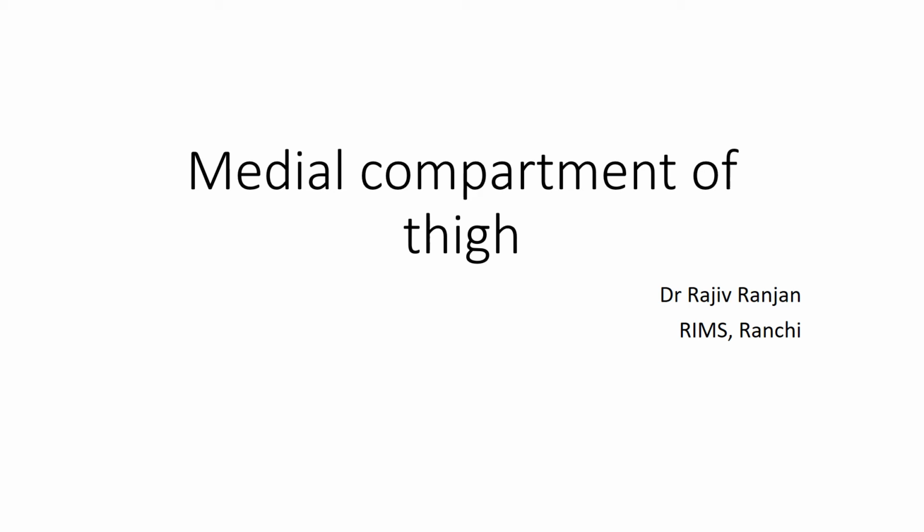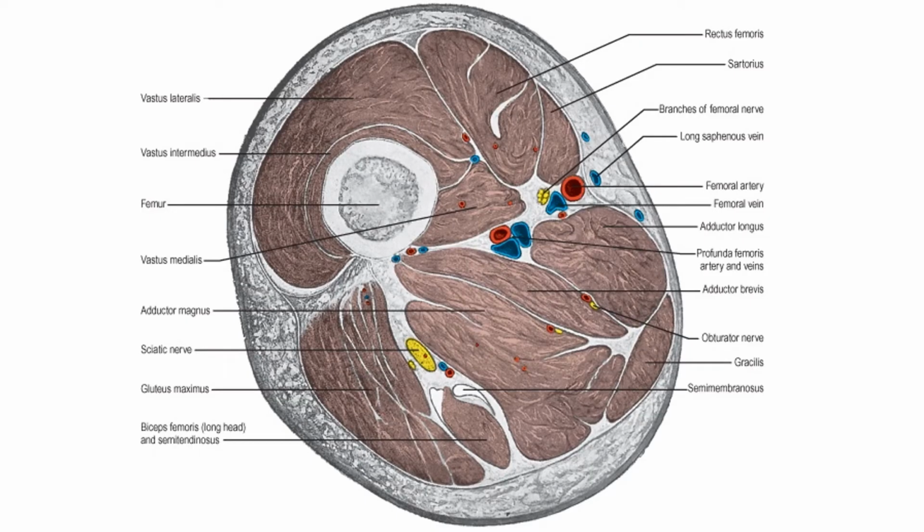Good morning. Today's lecture is about the medial compartment of the thigh. This is the medial compartment, and it is separated from the anterior compartment. The anterior compartment comprises the quadriceps, and the sartorius is here. So this is the anterior compartment, this is the medial compartment, and in the intermediate plane,